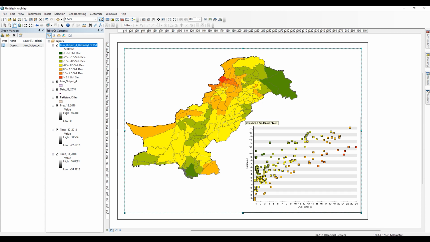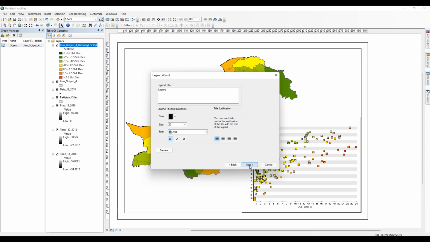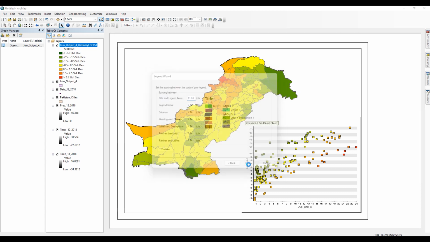Now it is looking good. For adding the legend, click on insert, go to the legends, remove the remaining ones you don't want to add, click on next. I am going with the default setting, next and finish.